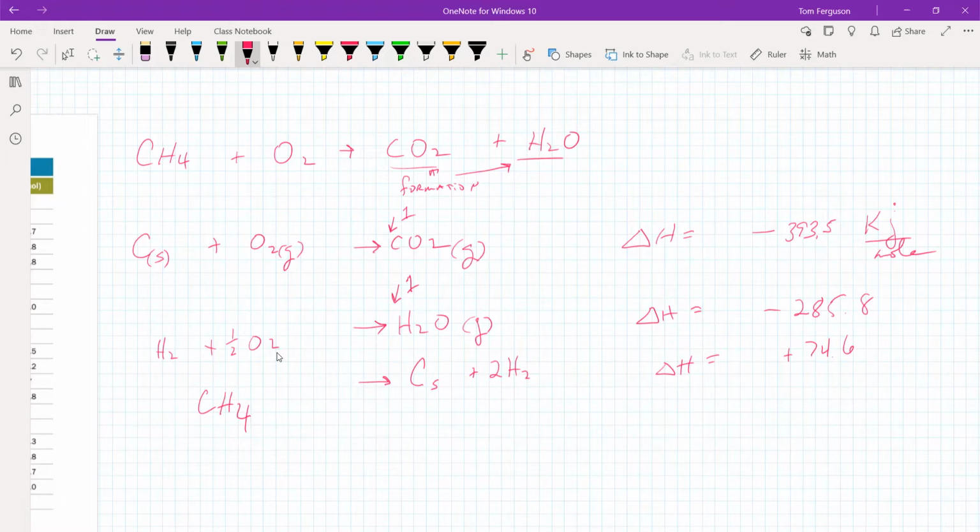That means whenever it's positive, the reactant is very stable. Okay, and what else do we need here? We need created water. We've decomposed methane, and we need to